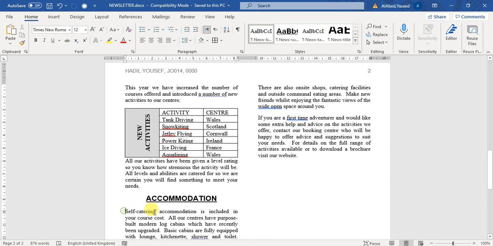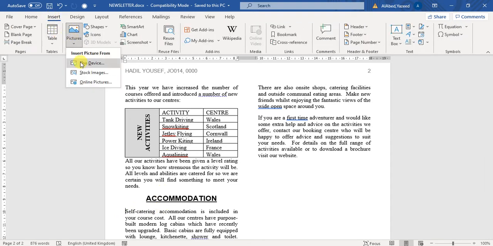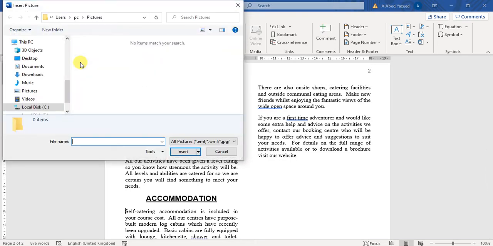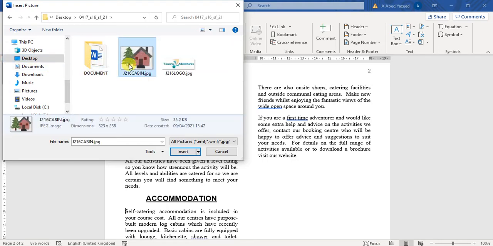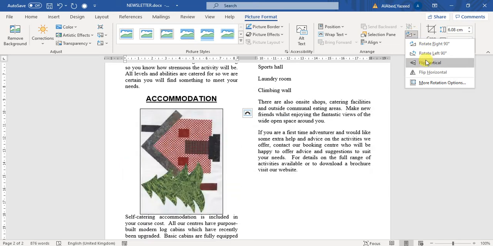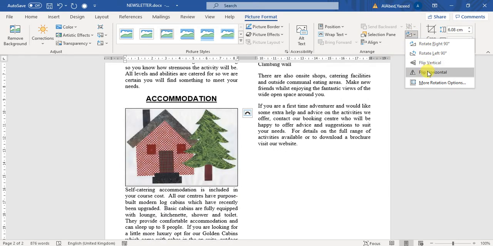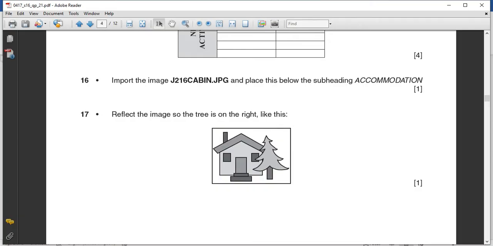Accommodation. Here you can insert picture, and you can just drag and drop. It's up to you. This is cabin, and first of all we will make the reflect. It will be flip horizontal. Then